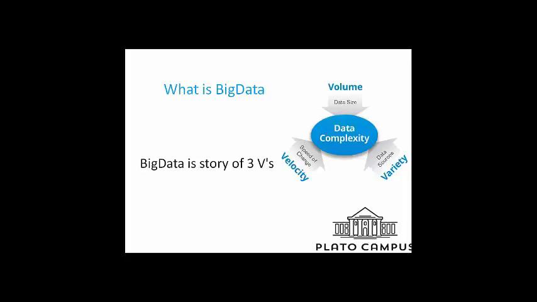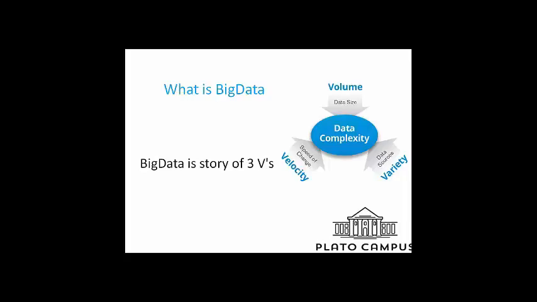And then variety. We have text data, we have transactional data, you are uploading images on Facebook, you are watching videos, you are doing something different. So we have audio, video, images, text files, transactional data. The data variety is too high. So if I combine these 3 V's, that is volume, velocity and variety, you can say that the data complexity is very high. And to deal with this complex data, Hadoop is not sufficient.